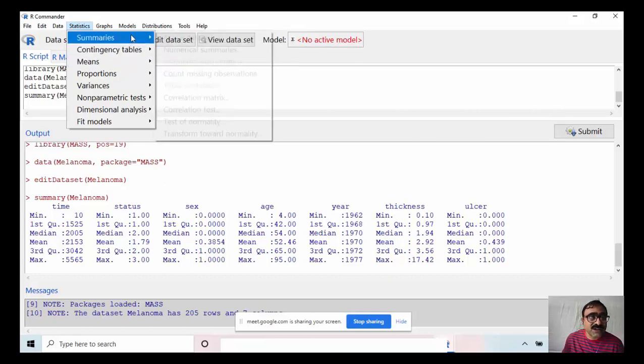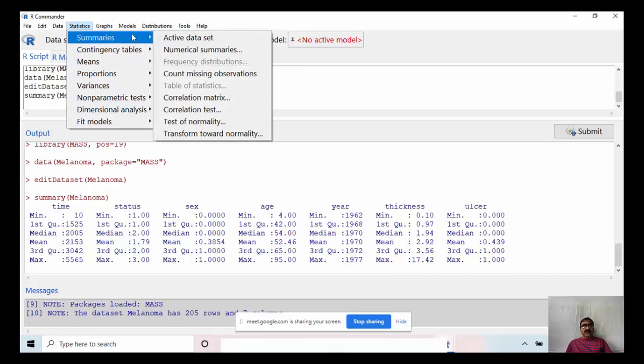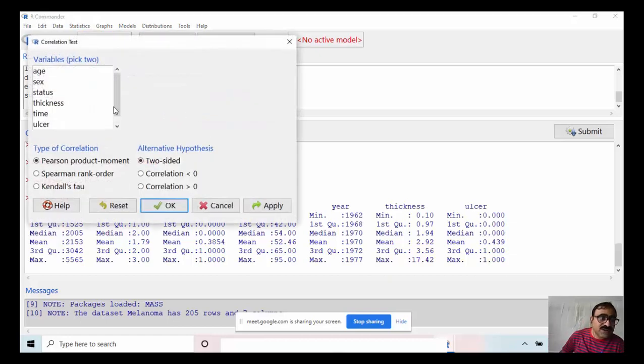Means statistical summaries we can get, and different measures of central tendency: mean, median, mode, standard deviation, and there is the correlation matrix and correlation test. We can test here for the correlation.